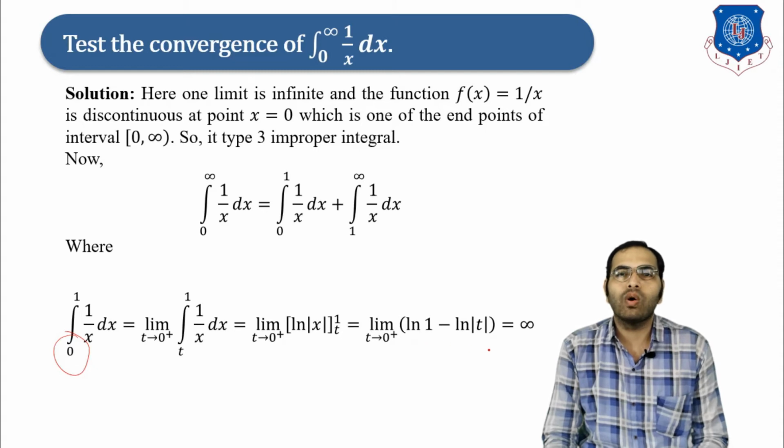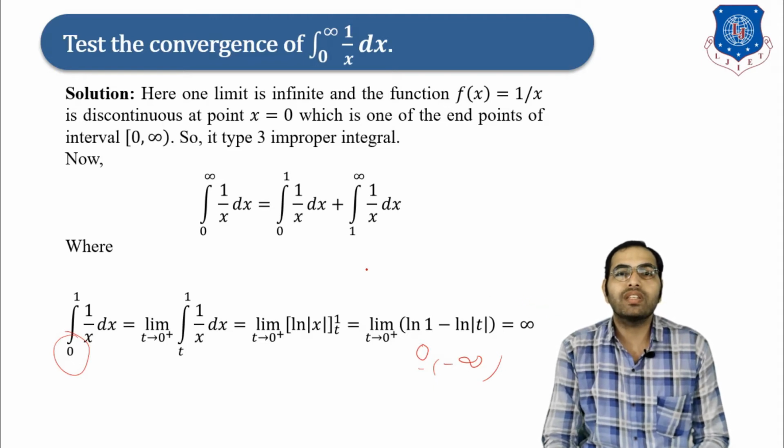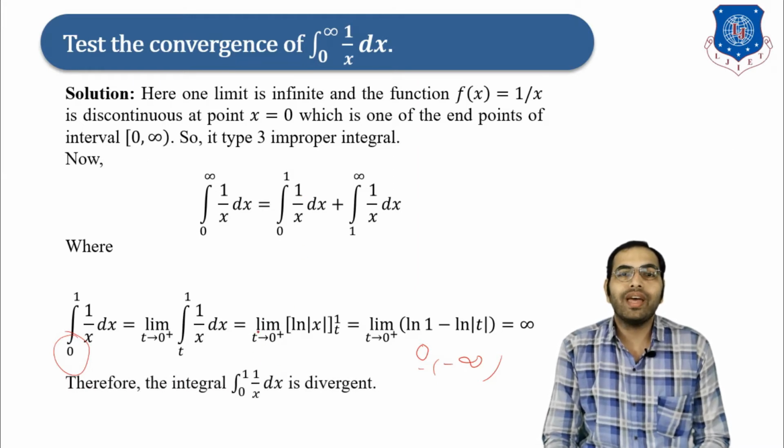Now applying the limit, you all are aware that ln 1 is obviously 0, then ln 0 is minus infinity, then minus minus is plus, so the exact answer is infinite. Means this integral is infinite,